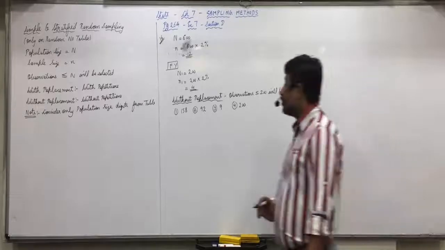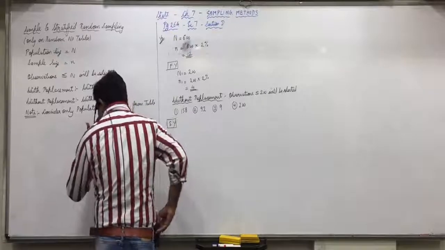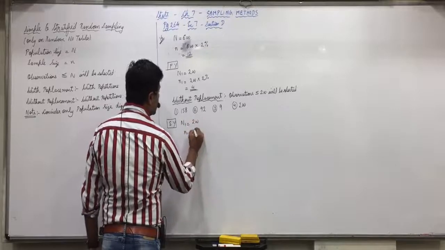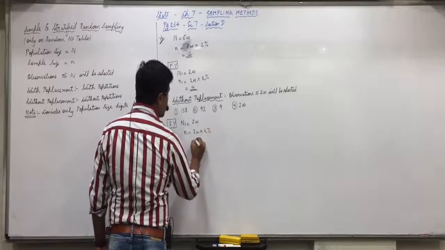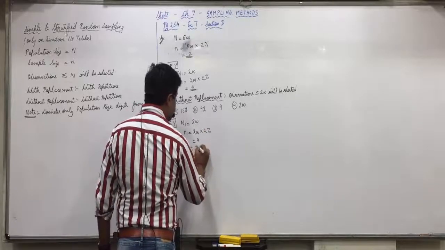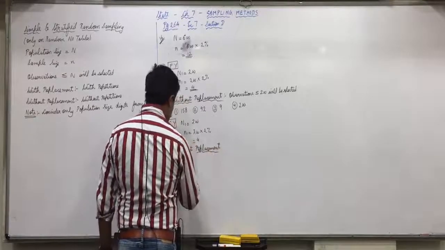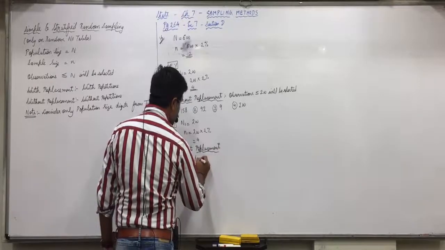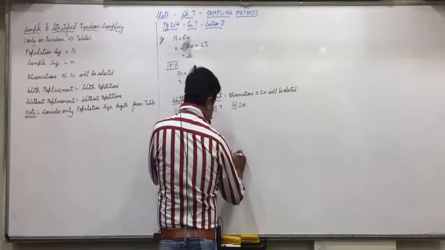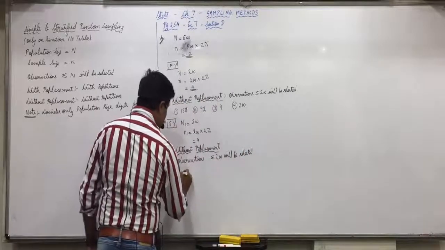Any confusion in this? Right, now SY. Same, capital N2 is 200, small n2 is 200 into 2%, which is 4, again without replacement. Observations less than or equal to 200 will be selected. Again, 4 numbers we will write first.